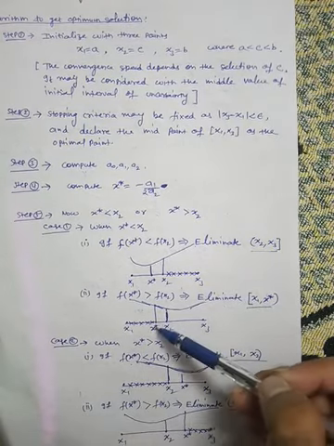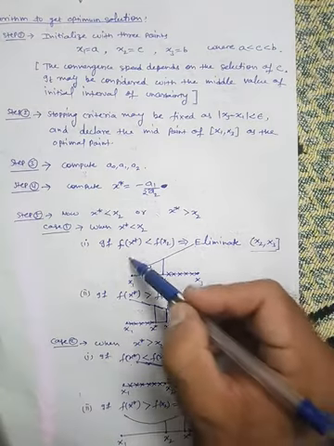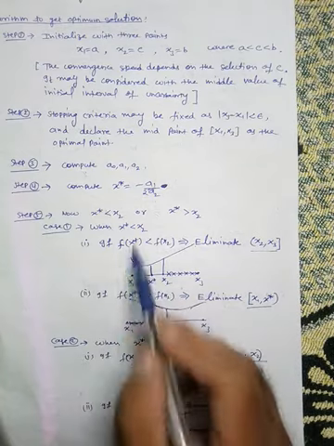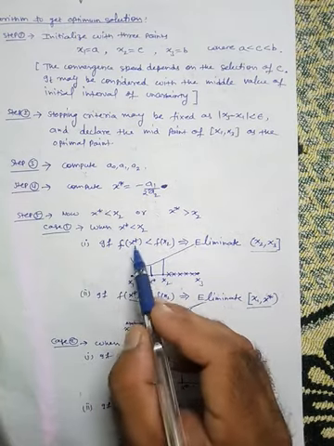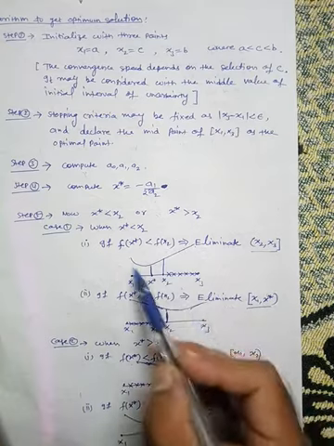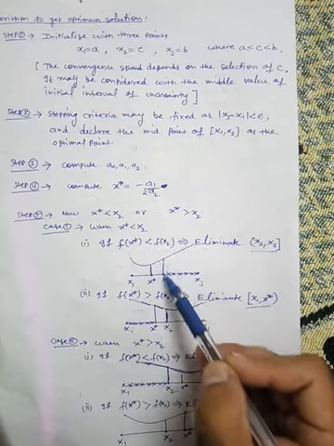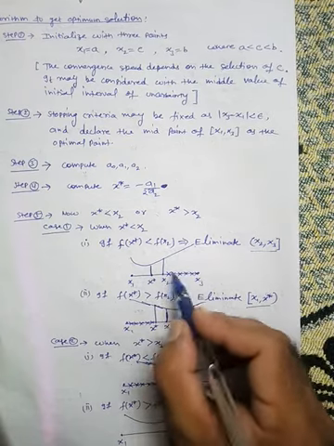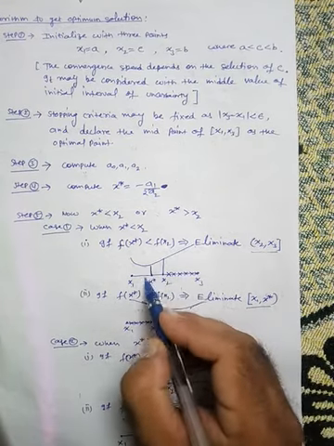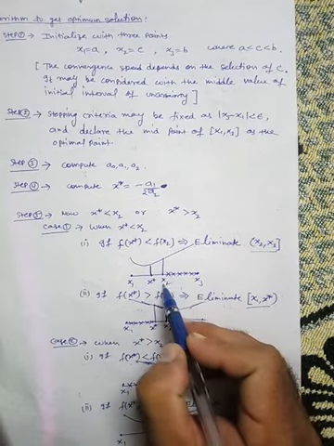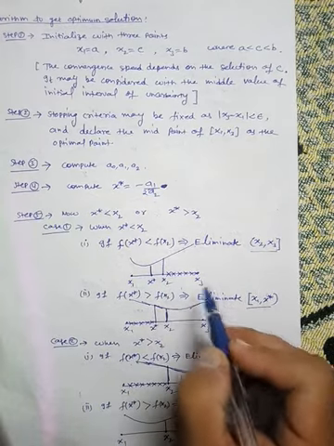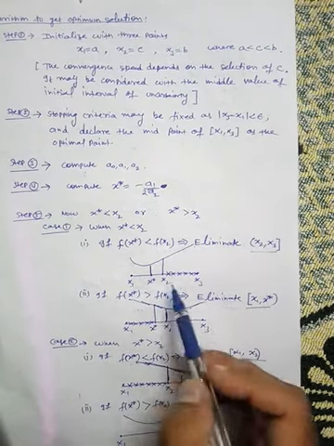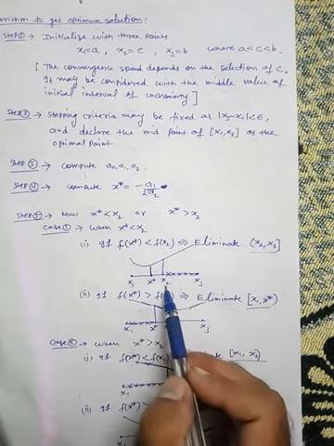Now depending upon the functional value, in case 1 again we have two cases. Case 1, when f of x star is less than f of x2, that means f of x2 is higher than f of x star, so we have this kind of shape. Obviously you can eliminate this part because the minimum lies nearby here, so this is useless. So you can eliminate x2 to x3, and then the next interval of uncertainty will be x1 to x2.